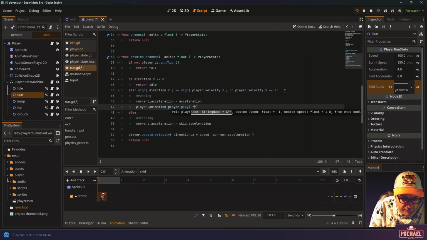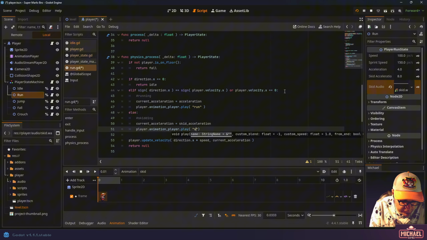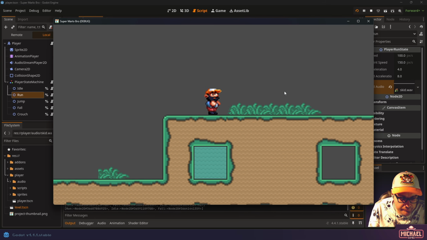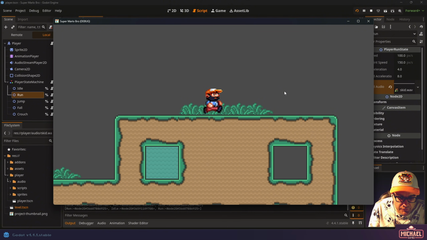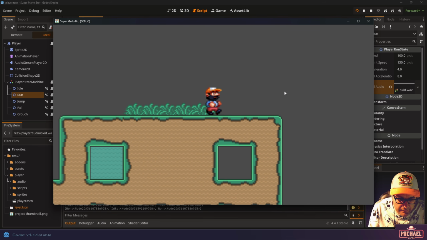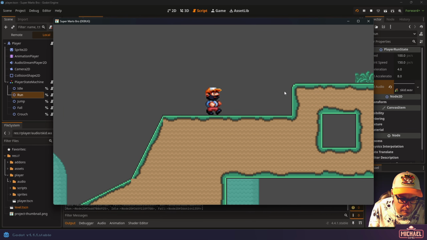player.animationPlayer.play, and then obviously this one will play run like we normally do. And if we're already playing the run animation, then that's just not going to change it. Here we could say player.animationPlayer.play, and then we would play that skid animation, just like so. I'm going to go ahead and save this, and let's hit F5. Okay, there we go. While we're skidding, he's got that little boop alternate animation. And depending on how long we're in that skidding state, it'll last